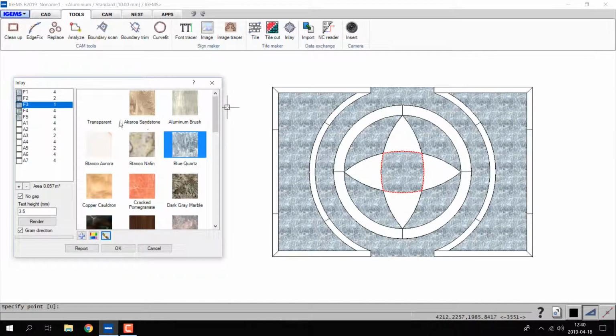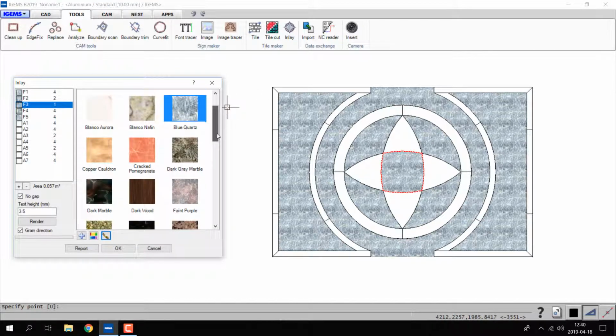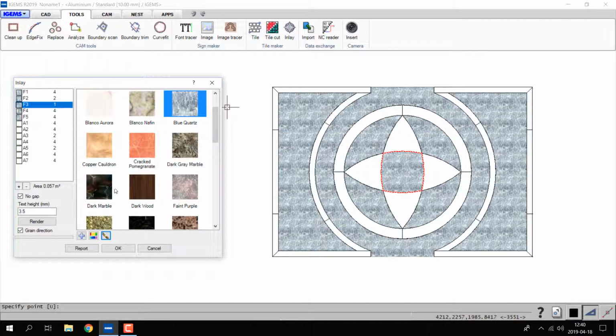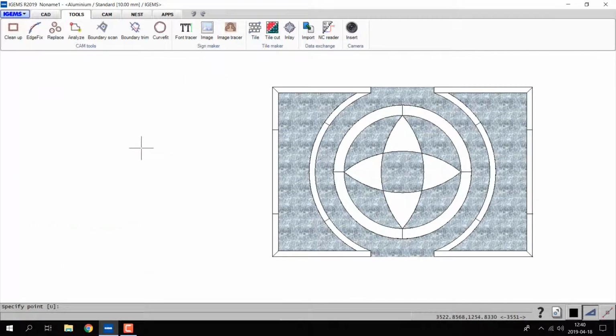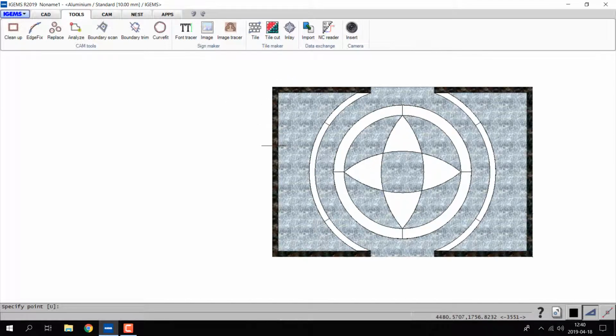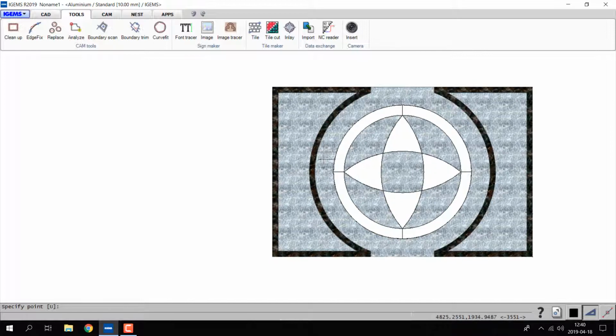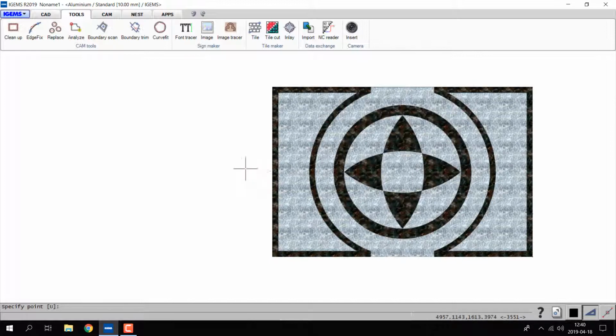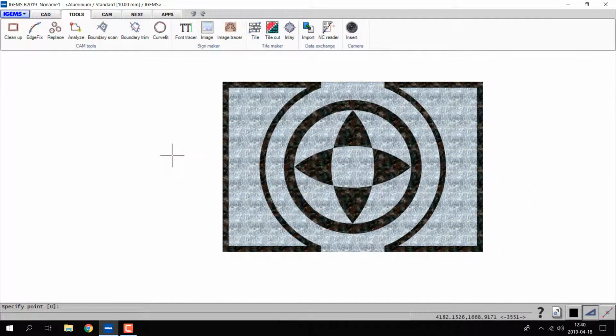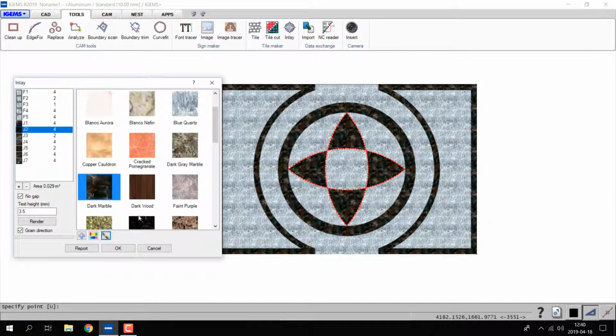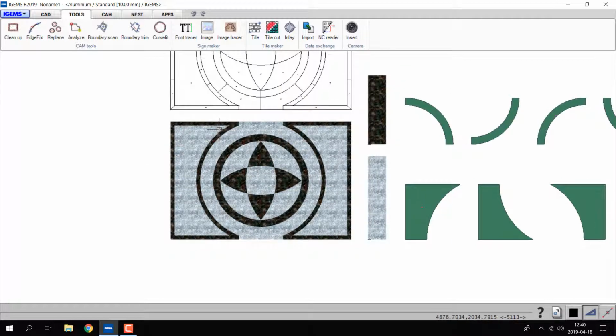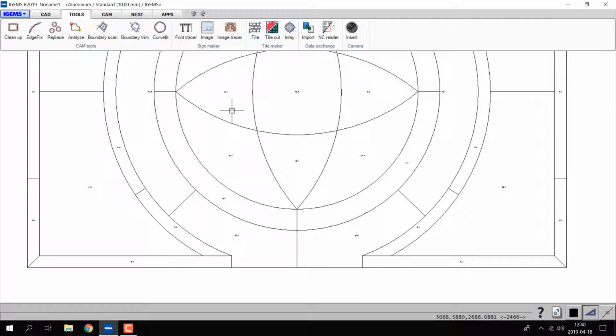So enter to get back here, and we'll use high contrast dark marble. I click on my brush again, hold down the control key, and I select all the remaining geometry, like so. Enter. When I'm done with this, I can click OK, and we get a detailed map